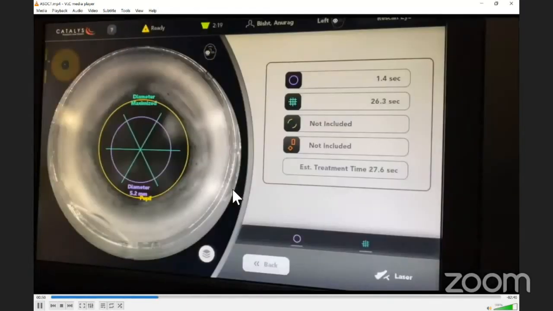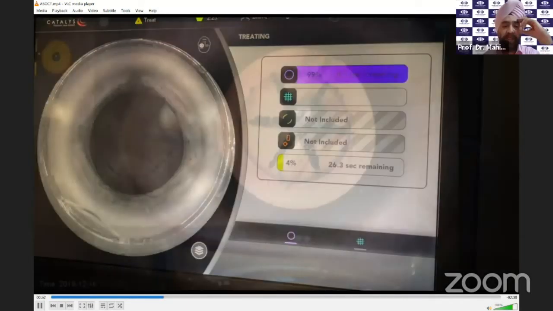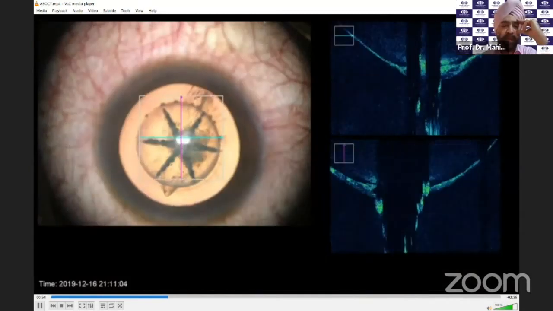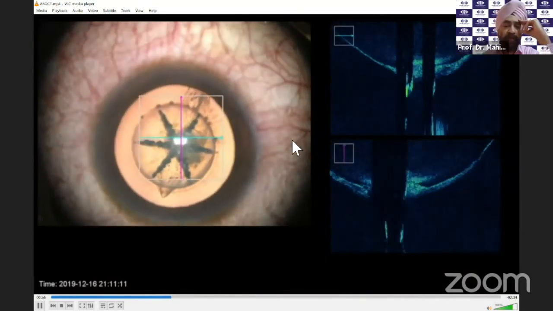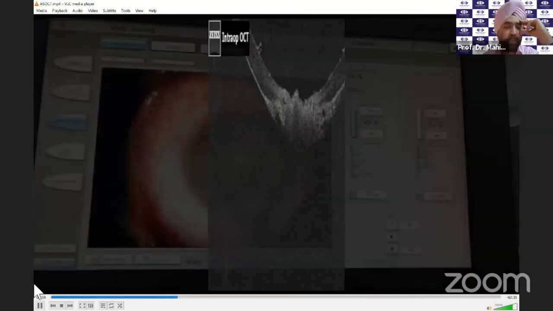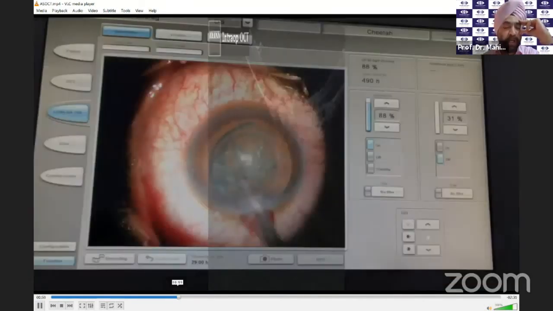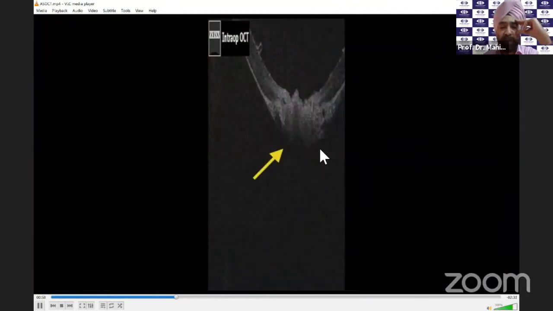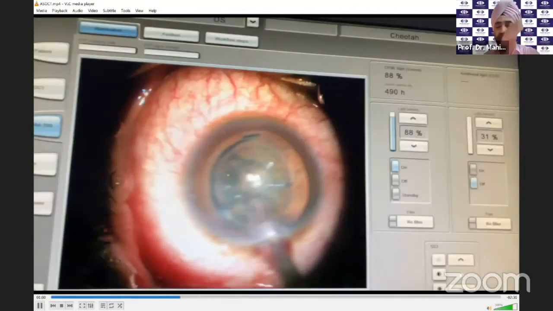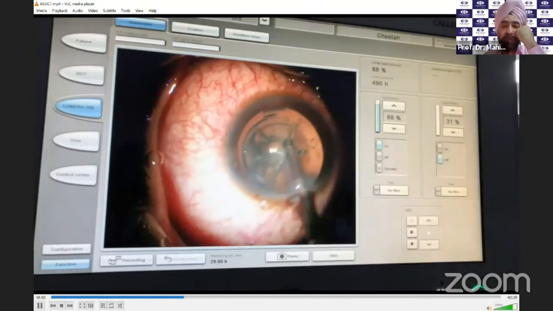And now I am going to do a capsulotomy, which as Mohan said, we prefer a 5 mm capsulotomy. And you see, I have now broken it into 6 parts. So now what you saw earlier, one second, I'll just go back. Is that this is the intra-op OCT that we are seeing, and in the intra-op OCT again you can see that there is the cortex which is coming through the defect.